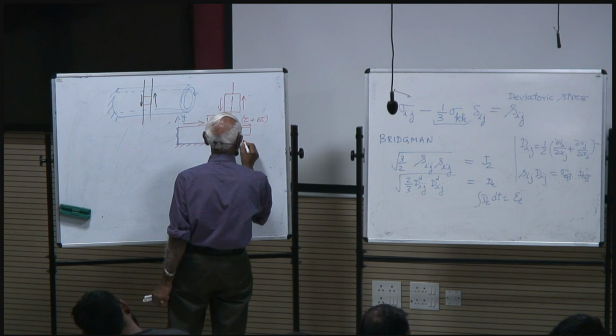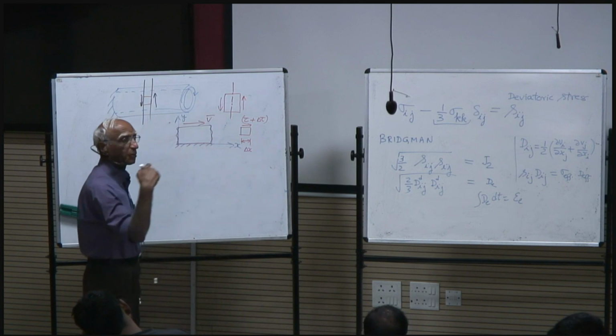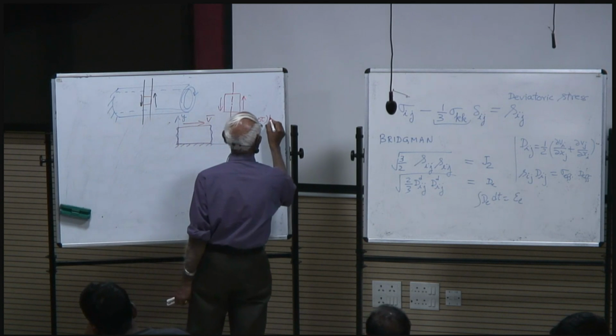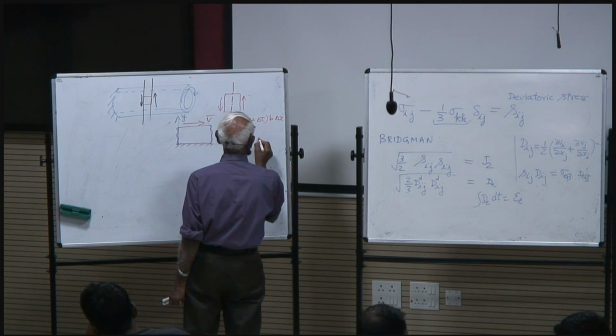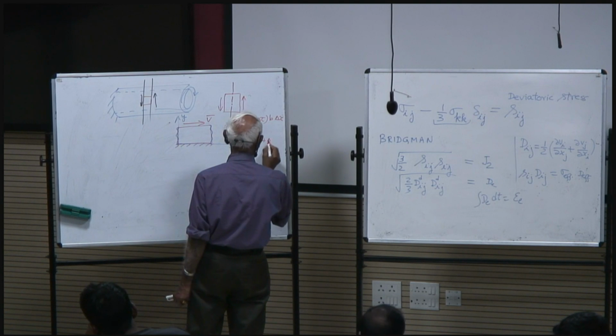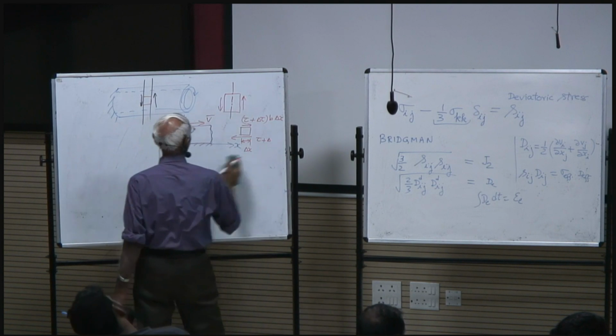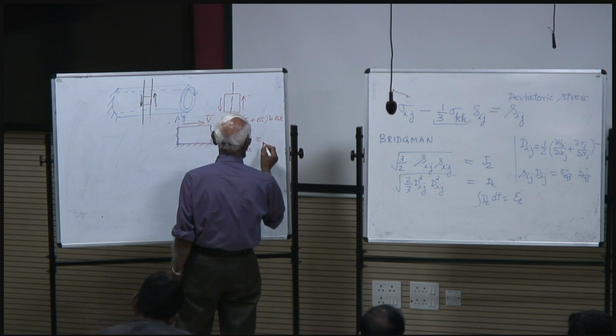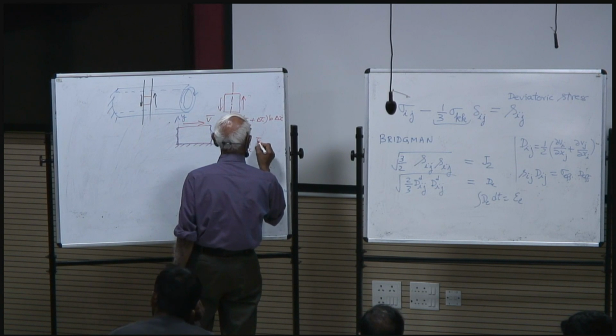If this is delta x, the dimension perpendicular to the screen is 1 or b, so that will be b times delta x. Here it will be tau plus delta tau, and at the bottom tau b delta x,